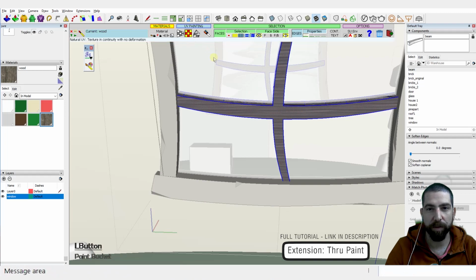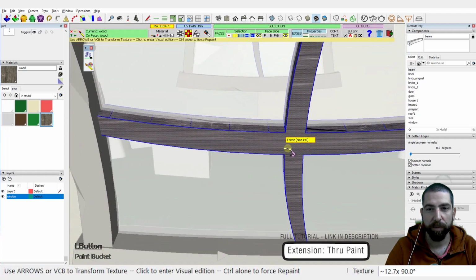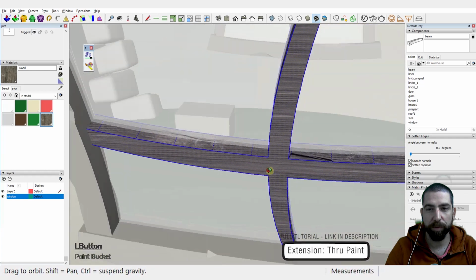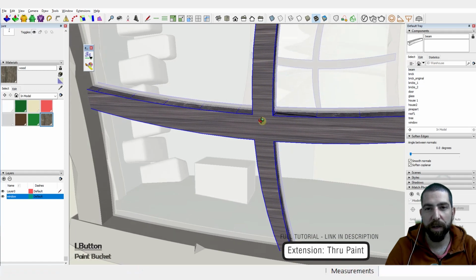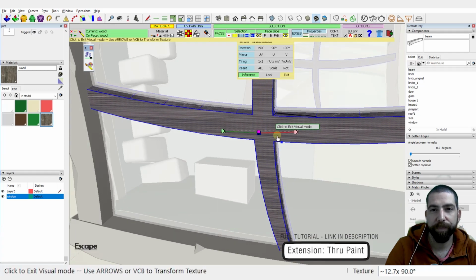This one doesn't look good. This one doesn't look good. We're gonna have to do, well, everything is fine, but this face isn't, because why? Because it's not quads. So we're gonna have to go into our,